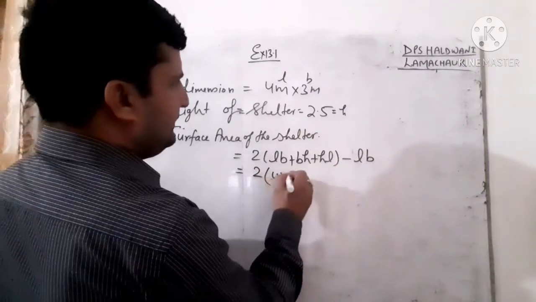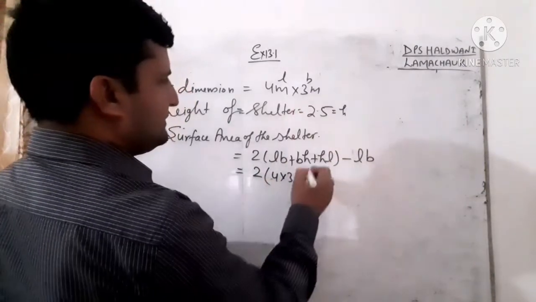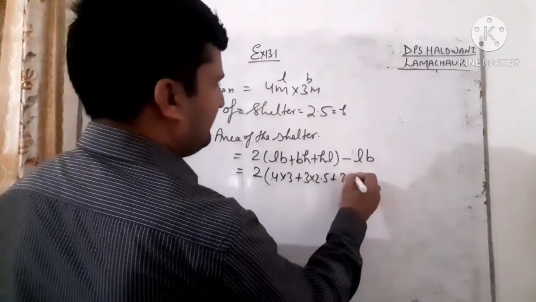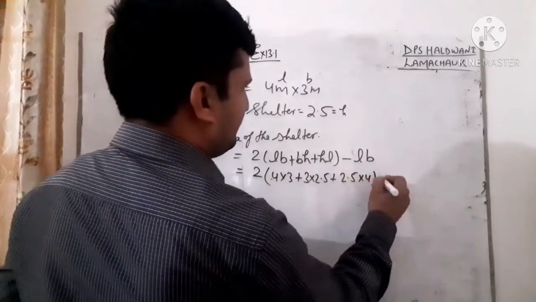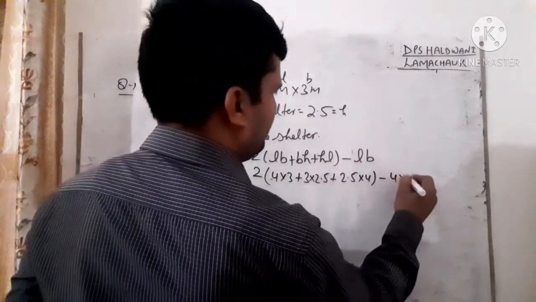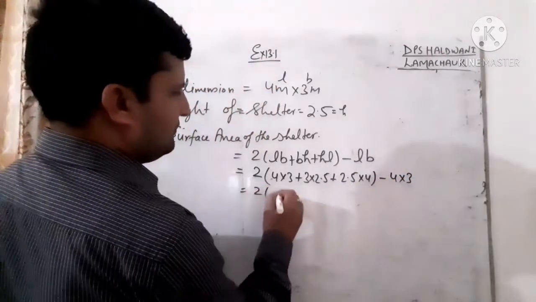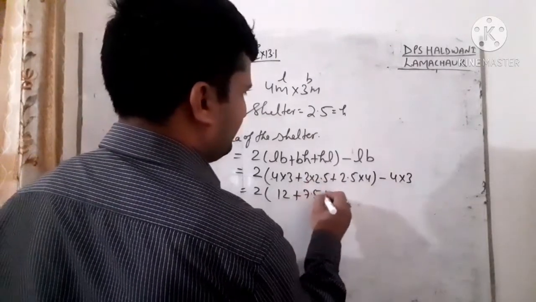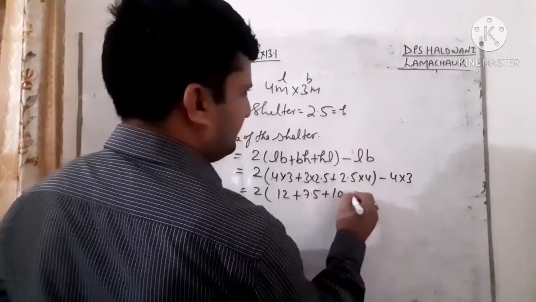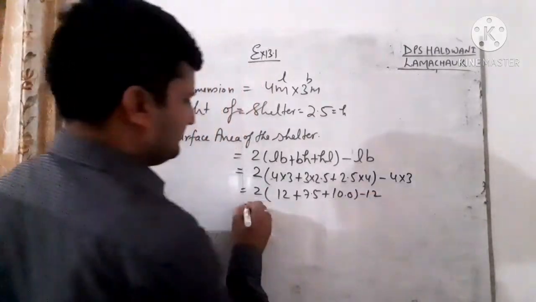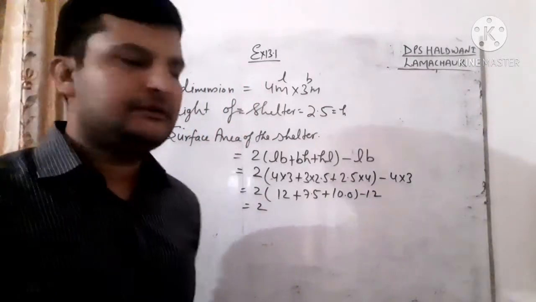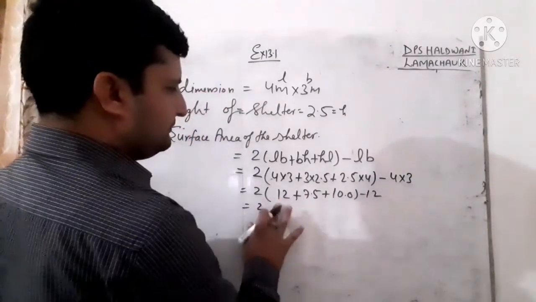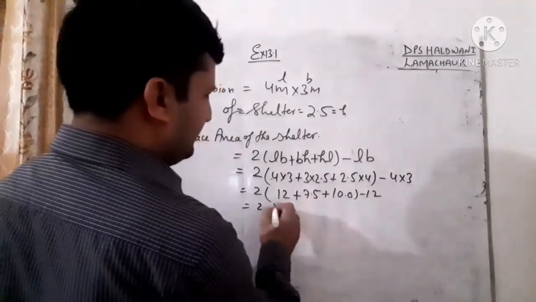4 into 3 plus B into H means 3 into 2.5 plus H means 2.5 into 4 minus L into B means 4 into 3. So student, 2 4s are 8... 4 times 3 is 12, plus 2.5 times 3 is 7.5, 2.5 times 4 is 10, minus 12. So now student, we have to solve this. 12 and 10 is 22, 22 plus 7.5 is 29.5